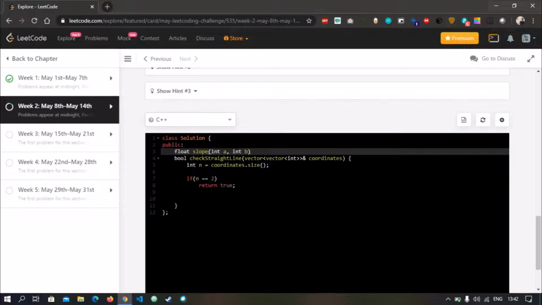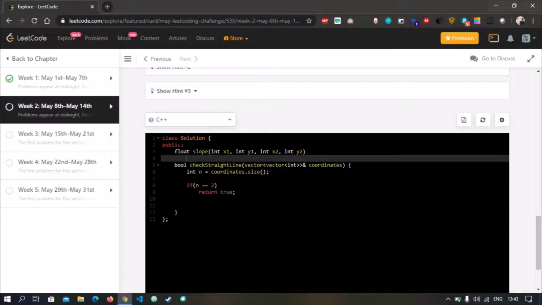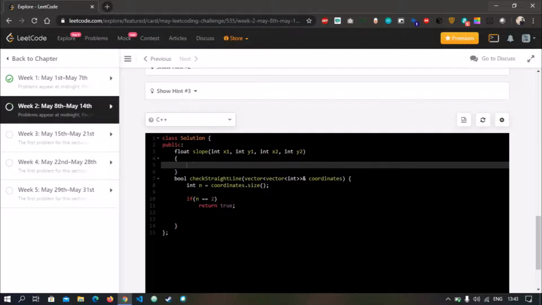Let's define our function, okay, let's make it intuitive. x1, y1, x2, y2, and this will return float of (y2 minus y1) divided by (x2 minus x1).